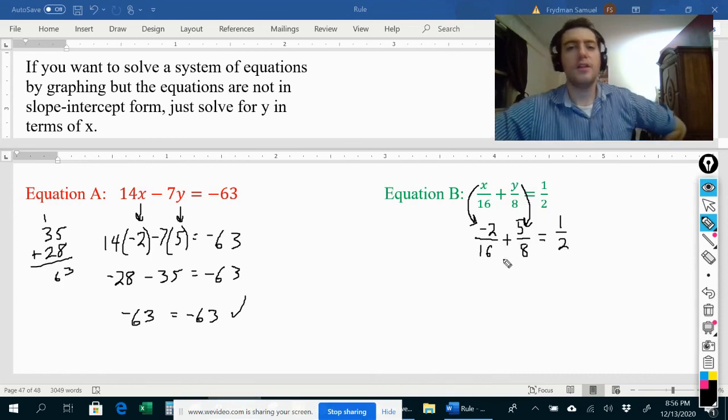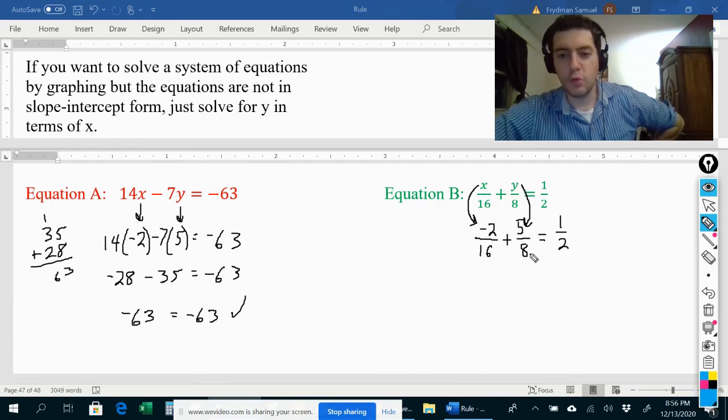Well, let's see. Now let's do a little bit of a review of fractions. We can't add the numerators until the denominators are the same. All right, so what I can do here is, this is not such a difficult one. I see that 16 is a multiple of 8. 8 goes into 16 twice, right? So if I just multiply this by 2, and then I have to do the same thing to the numerator, I can say that this is like